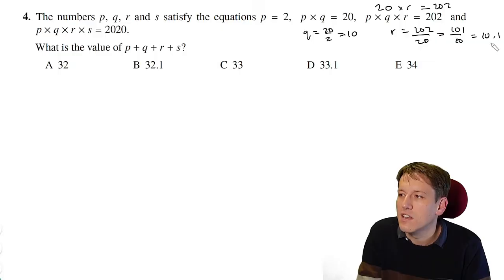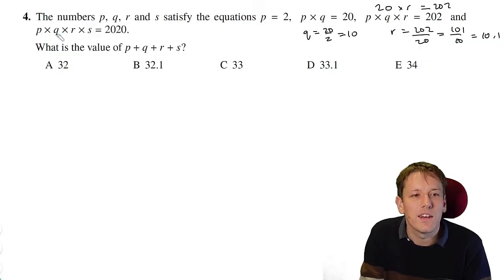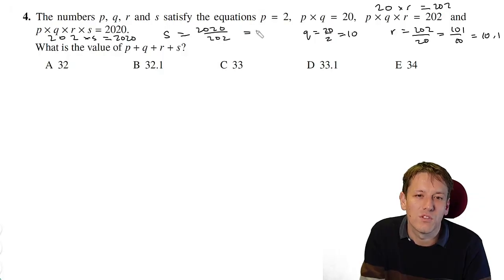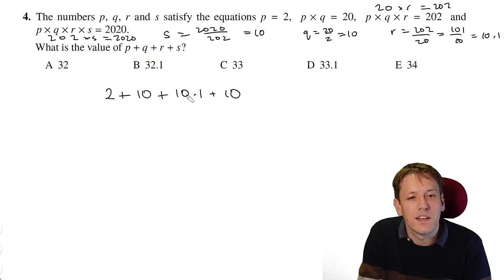is 10.1. And then P times Q times R is 202, so I've got 202 times S is 2020, so S is 2020 over 202, which is 10. So P plus Q plus R plus S, that must be 2 plus 10 plus 10.1 plus another 10, that's 32.1, and so the answer